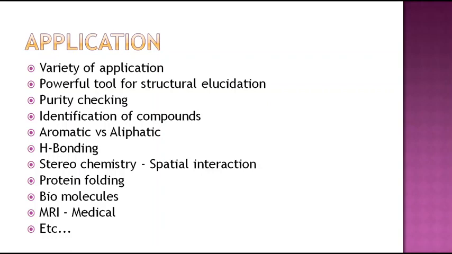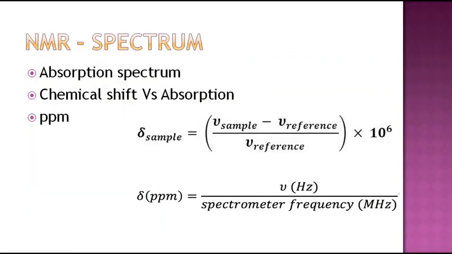The protein folding structure of biomolecules can be studied. MRI, we usually take MRI to study the brain function of a human. That is none other than NMR, right? It has a variety of applications, and there are several 2D techniques we have. NMR is growing day by day, and the applications are unlimited for NMR, because it is a current field, right? What does an NMR spectrum look like?